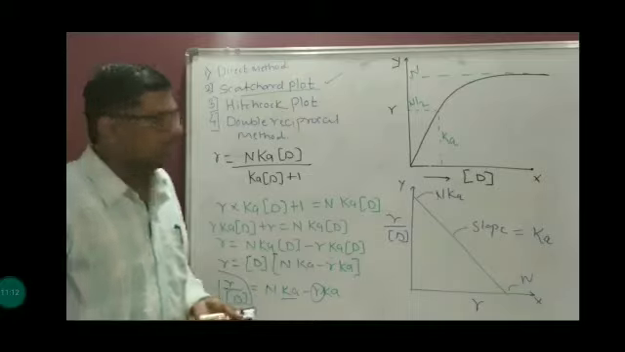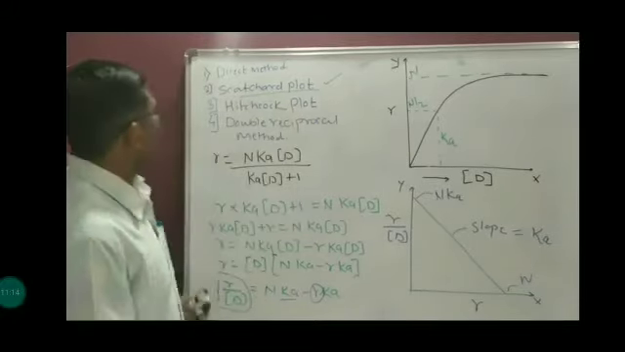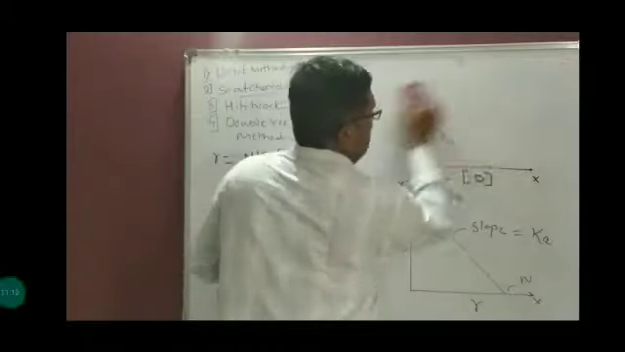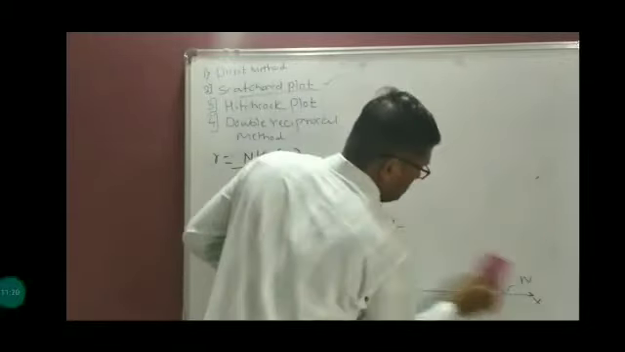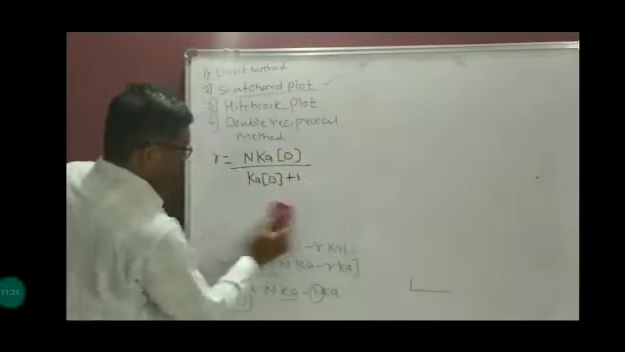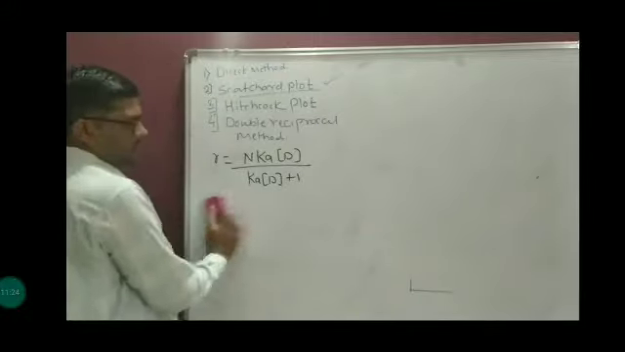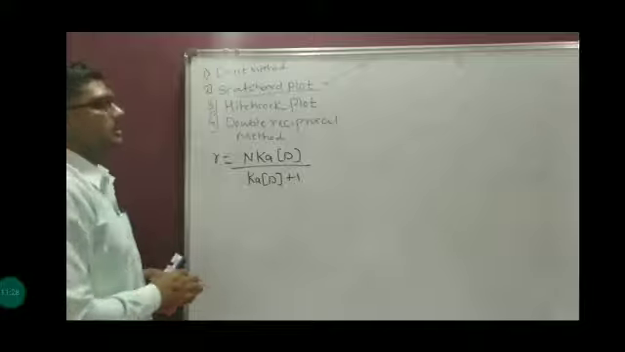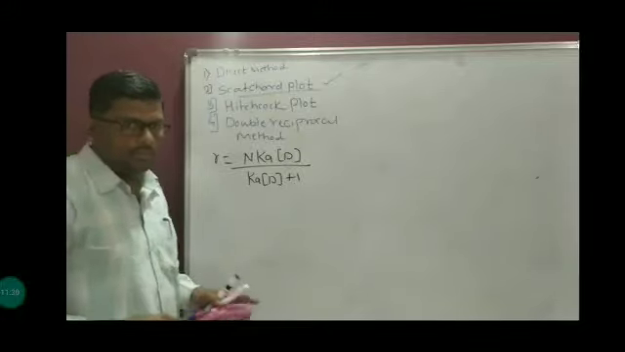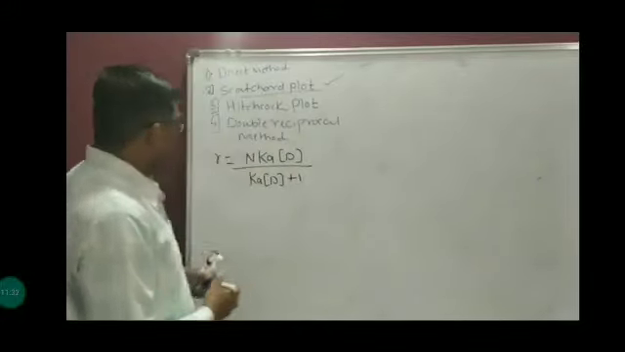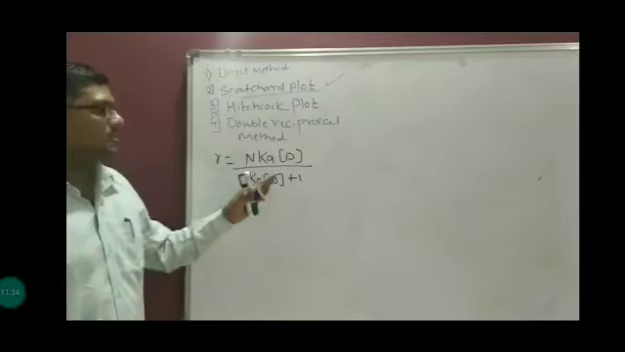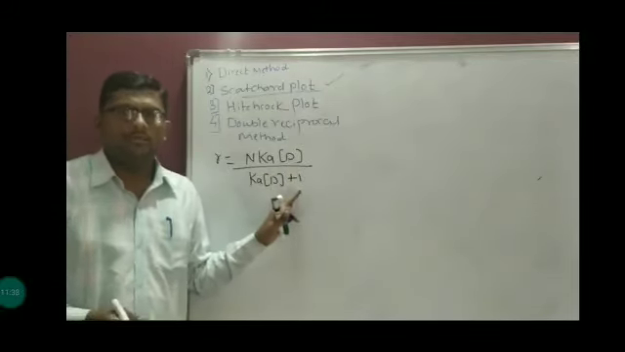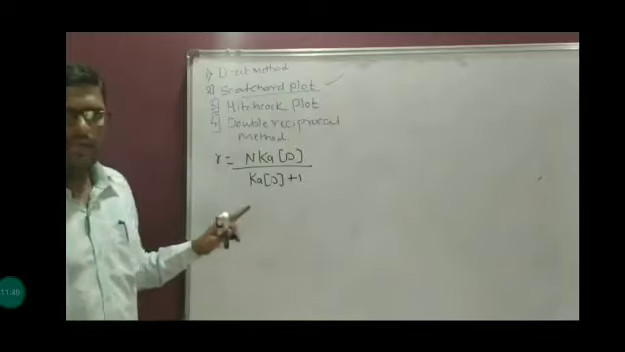Now next we will see the Hitchcock plot method. In the Hitchcock plot method, again the same equation we take. R is equal to N Ka concentration of D divided by Ka concentration of D plus 1. Here you will get the equation